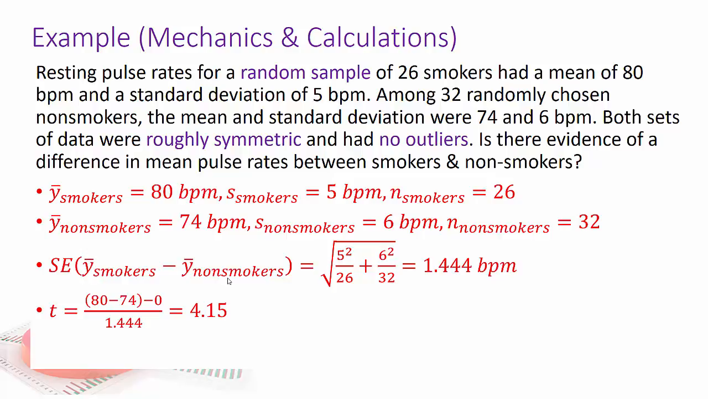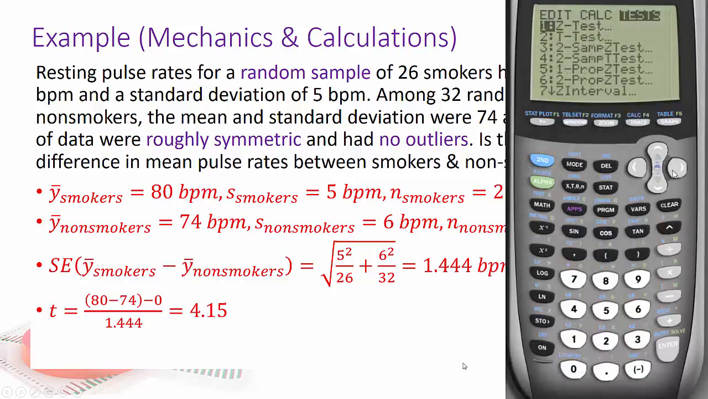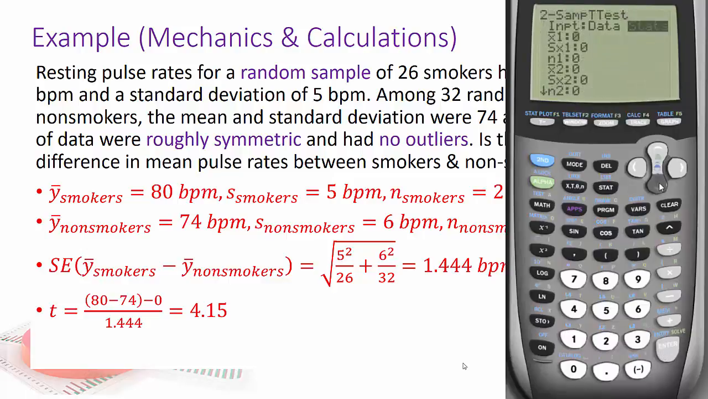I can't really go much further without my calculator, so let's pull it up. With this, I can calculate my p-value and my degrees of freedom. I actually don't know my degrees of freedom. So you go to stats and you put in your values: 80, 5, 26, 74, 6, and 32. And we're assuming that smoking is higher than non-smoking. That's our alternate, that's not really our assumption. And if I hit draw,